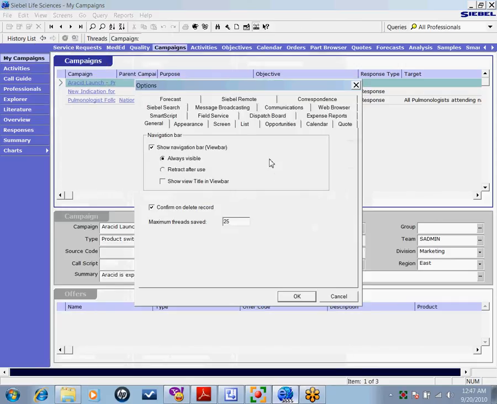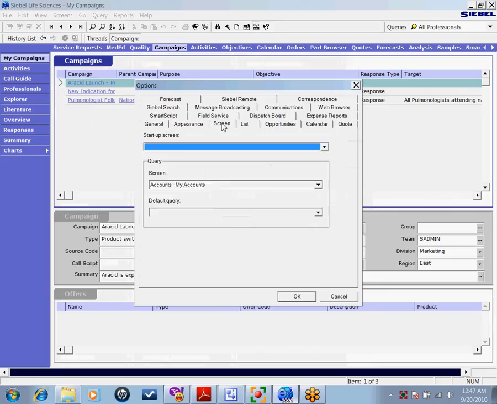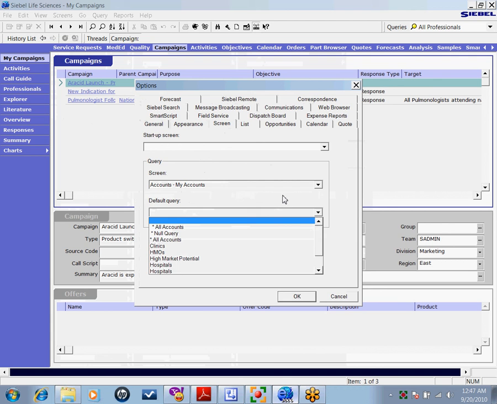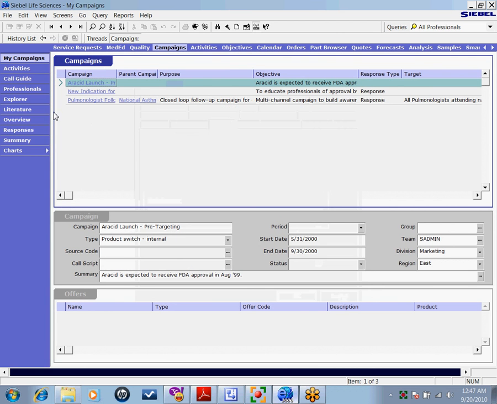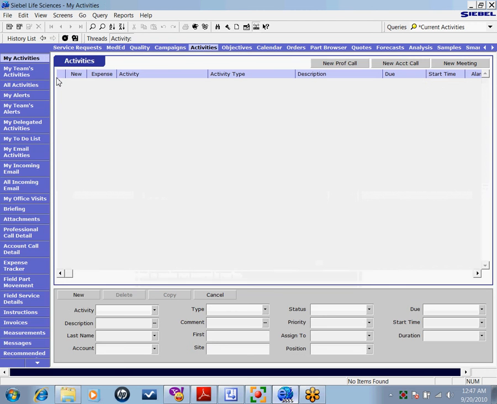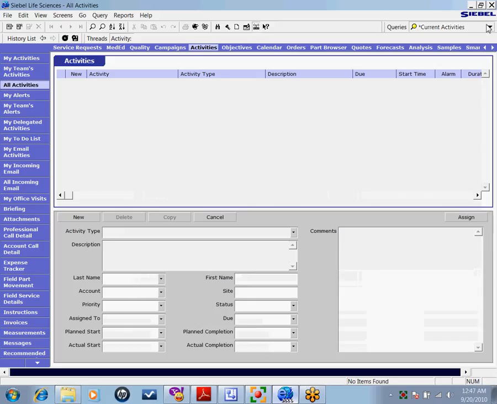options, they also have one very interesting option. When they go to a screen, they can set the default query or like default PDQ. Whenever I come here, like let's say to all accounts, I come to all activities, that query will automatically, like star current activity, get executed. So users can personalize what should get executed whenever I come here. Making sense? The point is there are many personalization options available in Siebel, and you guys should be a master